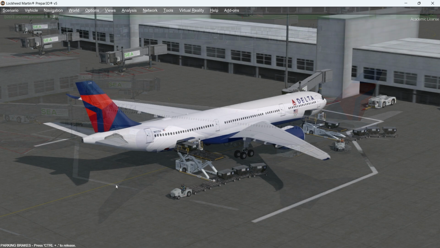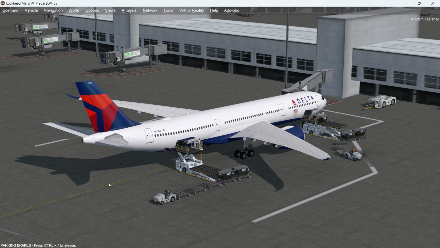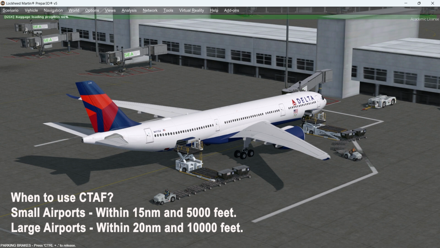So how does a pilot use CTAF? Pilots using CTAF will find out pretty quickly that it is quite different than just communicating with ATC. Pilots must broadcast their intentions to other pilots that might be on the same CTAF frequency. There are some general guidelines for use of CTAF and CTAF frequencies. For small airports, CTAF should be used within 15 nautical miles of an airport and below 5,000 feet. With larger airports, such as Class Bravo airspace fields, CTAF should be used within 20 nautical miles of an airport